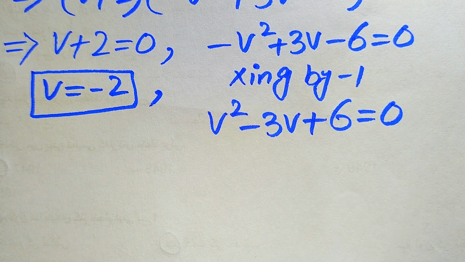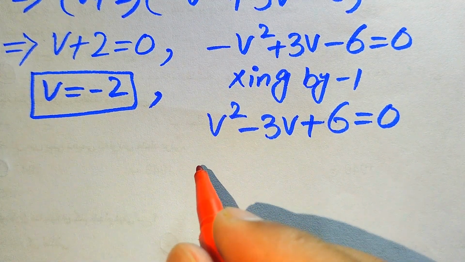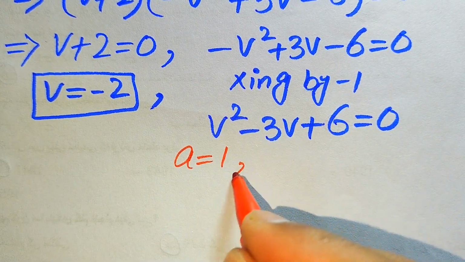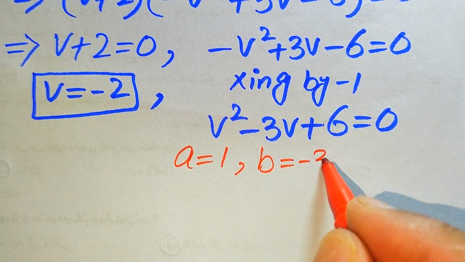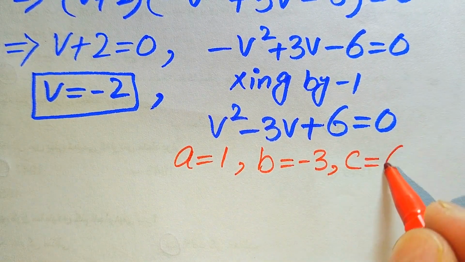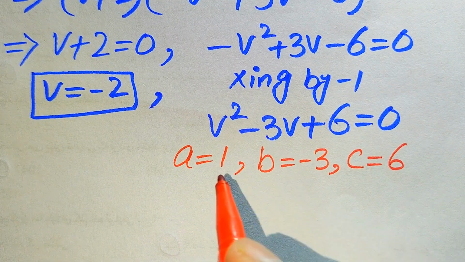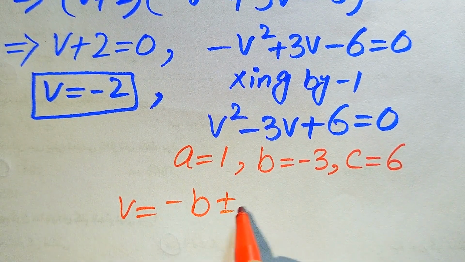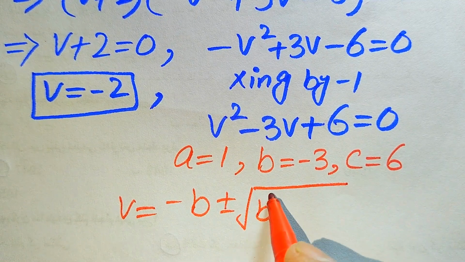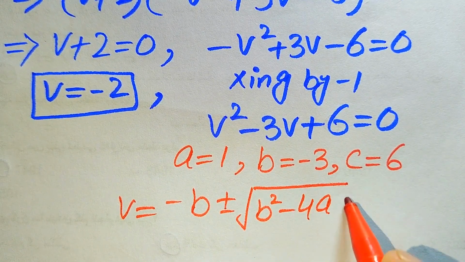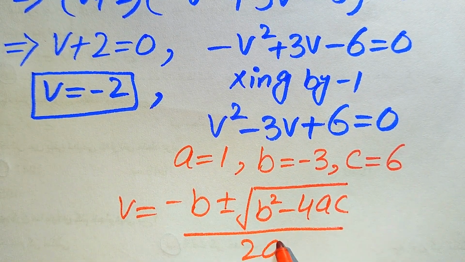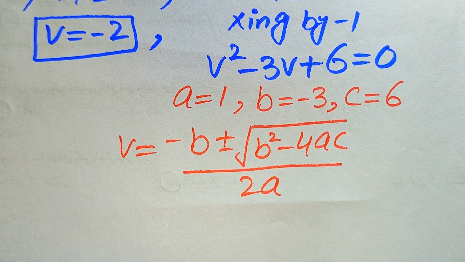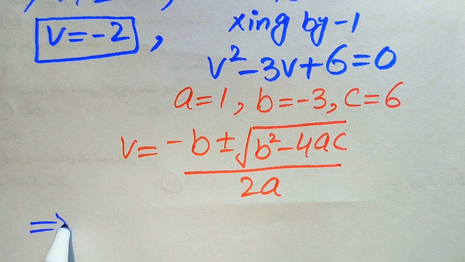So here we use the quadratic formula to solve this quadratic equation, and for this we need to write the coefficients of this equation: a equals 1, b equals minus 3, and c equals plus 6. And we state the quadratic formula as v equals minus b plus minus square root of b square minus 4 times ac, divided by 2 times a. So we substitute all the values of a, b and c in this formula, and it will be written as